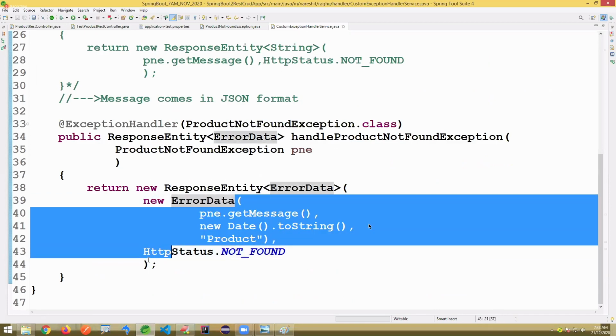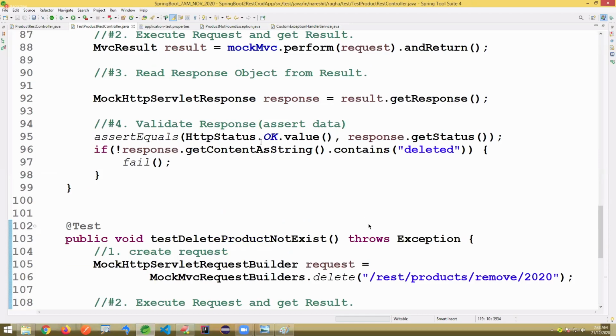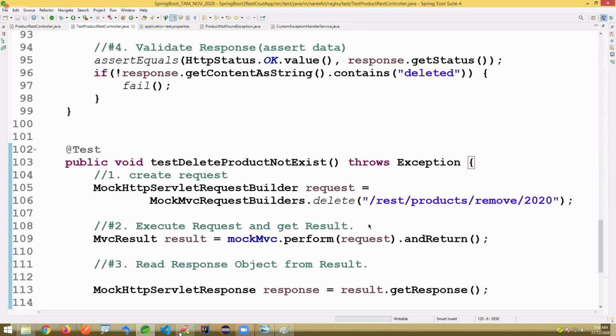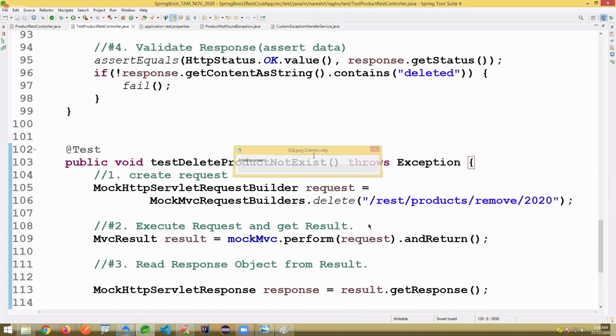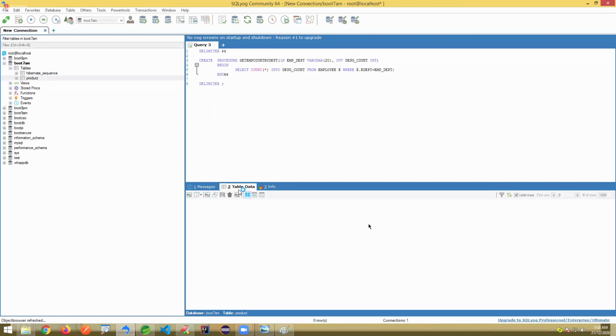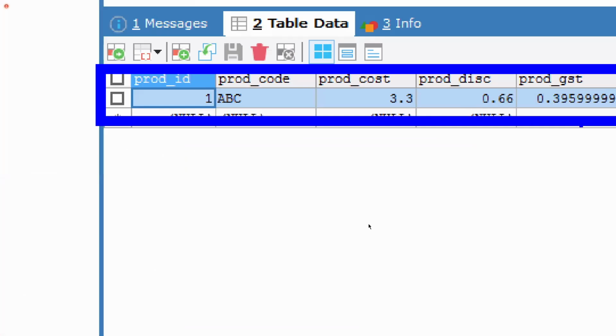Okay, error data actually comes in the JSON format. If you want, you can check that also, but mainly message and status is okay. If you want, you can check other things also here. Okay, now we have to execute the same. Okay, now if you look at, there is a product record number one exist, product ID one exist here. You can see